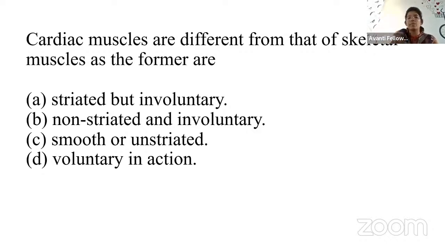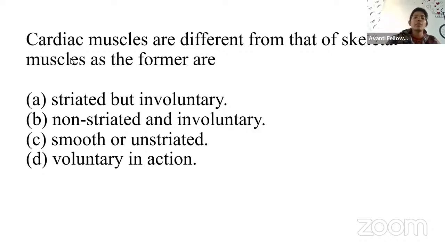So cardiac muscles means the muscles which are helpful for the formation of the heart and heart movement. Those are called cardiac muscles. Skeletal muscles are the muscles present on the skeleton, and they are helpful for movement. Now they are asking how the cardiac muscles are different from the skeletal muscle. You should write about the cardiac muscles, which are striated but involuntary, which means we cannot do anything voluntarily to those muscles. If the muscles want to move, the heart will move. If the muscles don't want to move, the heart will not beat.